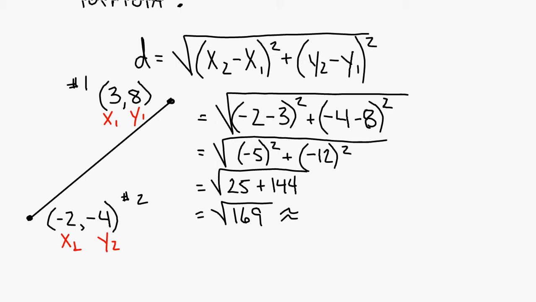In your calculator, the square root button is 2 above the 9. So that's going to be 169 square root, and that equals 13. So the distance, or the length of this segment, is 13